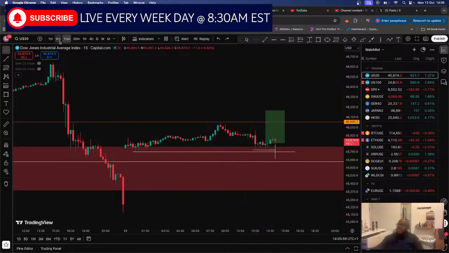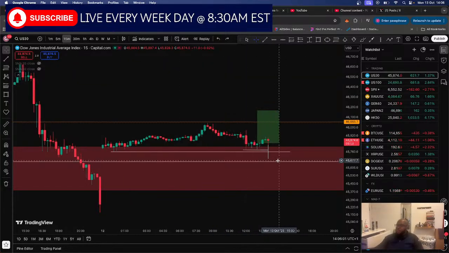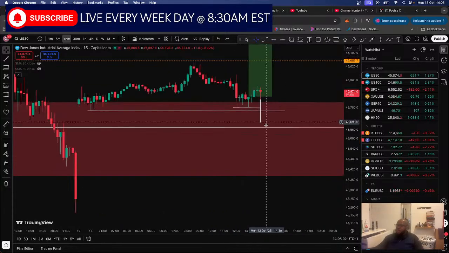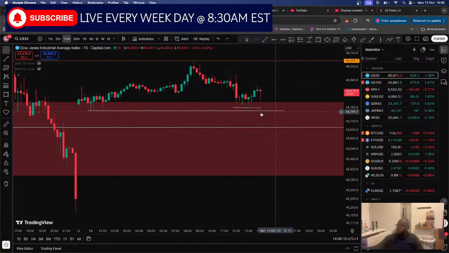Okay, so the way I get positioned, by the way, is I wait for a green candle close after sweeping liquidity. But because of how aggressive this is going to be, I'm not going to wait for a green candle close. Once we sweep liquidity, I'm going to get in aggressively. Mainly because